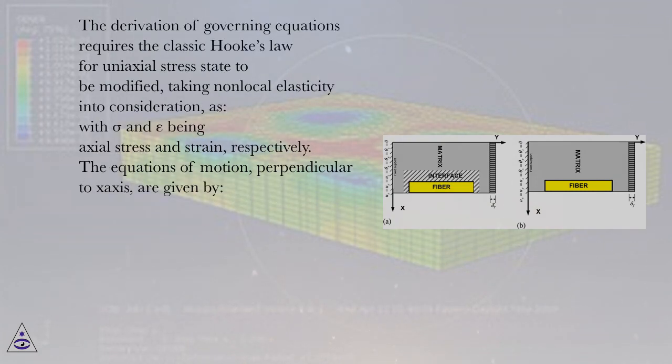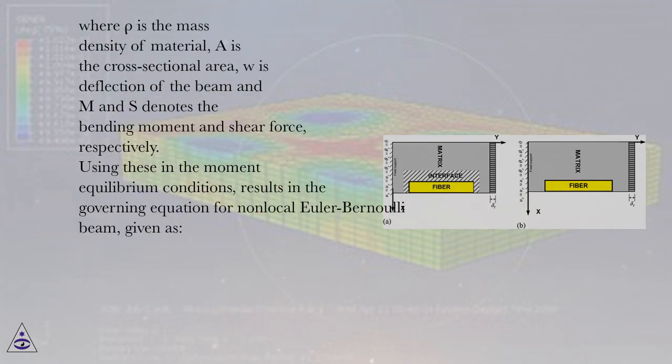The derivation of governing equations requires the classic Hooke's law for uniaxial stress state to be modified, taking non-local elasticity into consideration, as with sigma and epsilon being axial stress and strain, respectively. The equations of motion, perpendicular to z-axis, are given by where ρ is the mass density of material, A is the cross-sectional area, W is deflection of the beam and M and S denote the bending moment and shear force, respectively. Using these in the moment equilibrium conditions results in the governing equation for non-local Euler-Bernoulli beam, given as